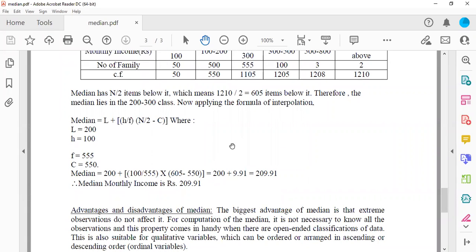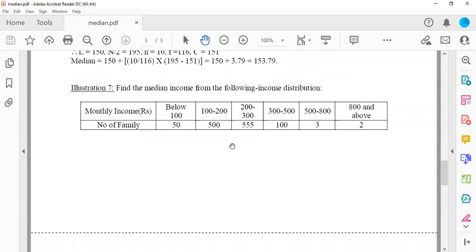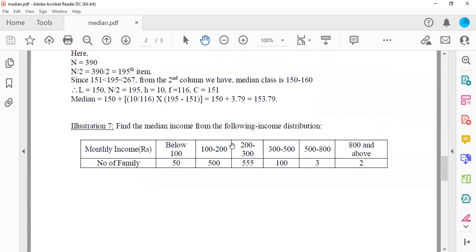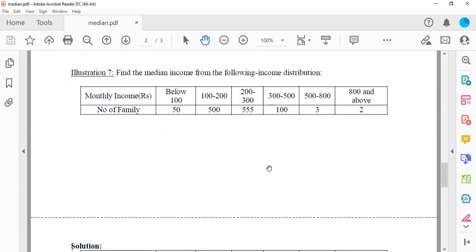Although it is an average, in the true sense, median is the best measure of central tendency, because it calculates the midpoint of the distribution. There are 50% of people above the median value and 50% below it, 50% data above the median, 50% data below the median. For this particular example, you can see when you calculate the median as 209.91,